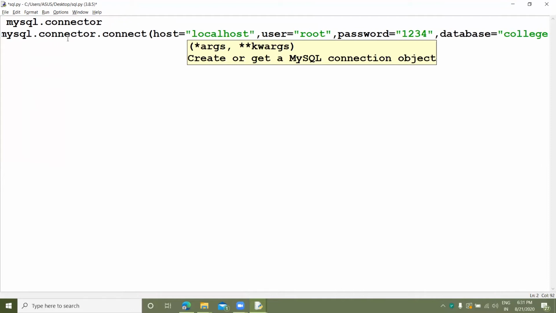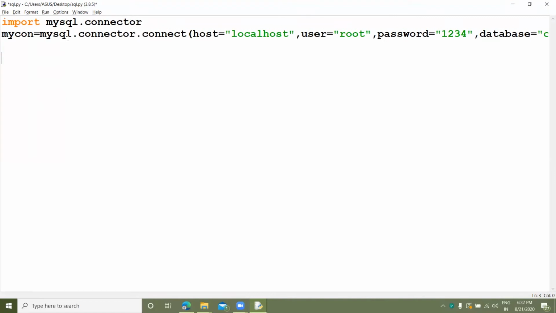So here you can get the college. Now dot cursor.